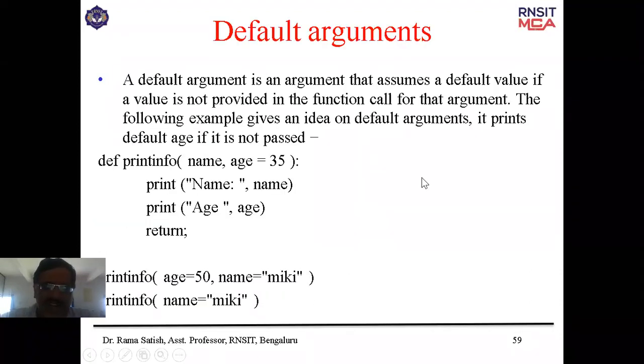Next, default arguments. You can give default arguments, just like in C++. If you don't pass any argument, the default value will be taken as it is. Look at this first function call. Since you have already learned default arguments, I'm not going much deep into this. A default argument is the argument that assumes the default value if the value is not provided in the function call